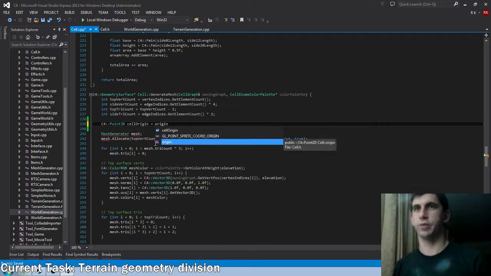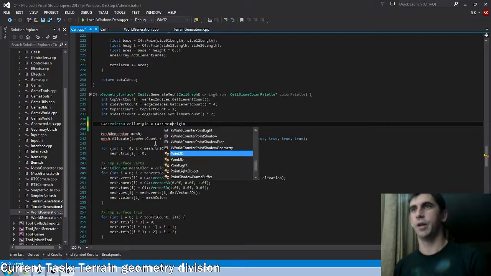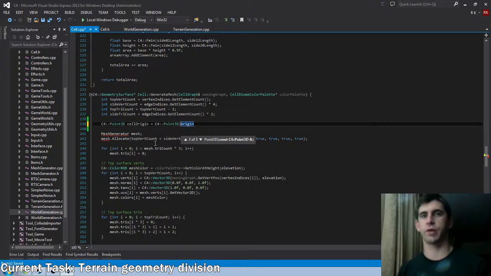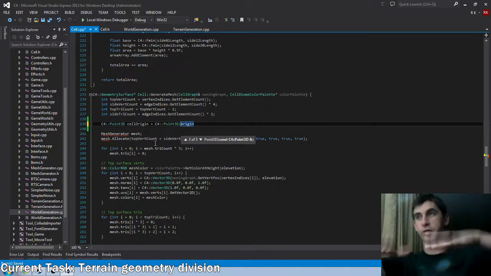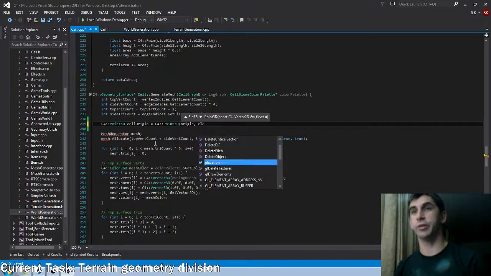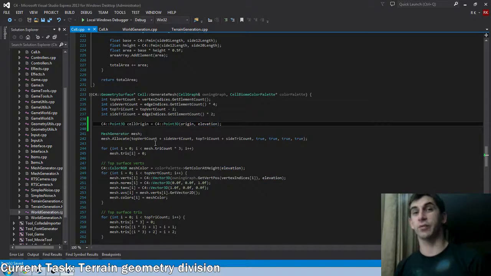Oh, okay. So we already have a 2D origin. We just need to upgrade it to a 3D origin. Because remember, the engine doesn't care that our current terrain is broken up into one 2D plane, and then we later do all the elevation changes. It gives no shits. So we need to actually include that bit of 3D information right now, so that later on...